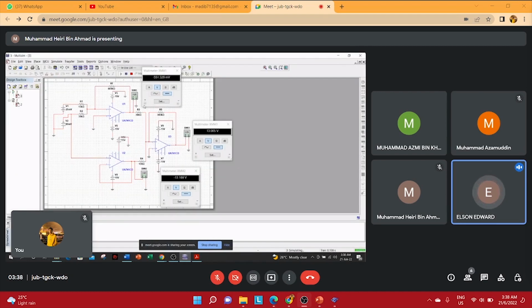For the simulation, V out 1 is negative 551.329 millivolt. For V out 2, negative 13.109 volt, and for V out 3 is